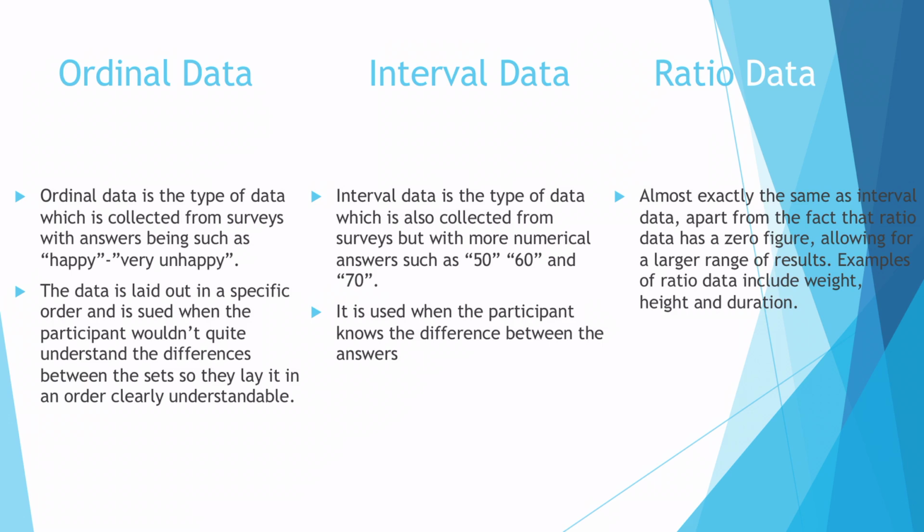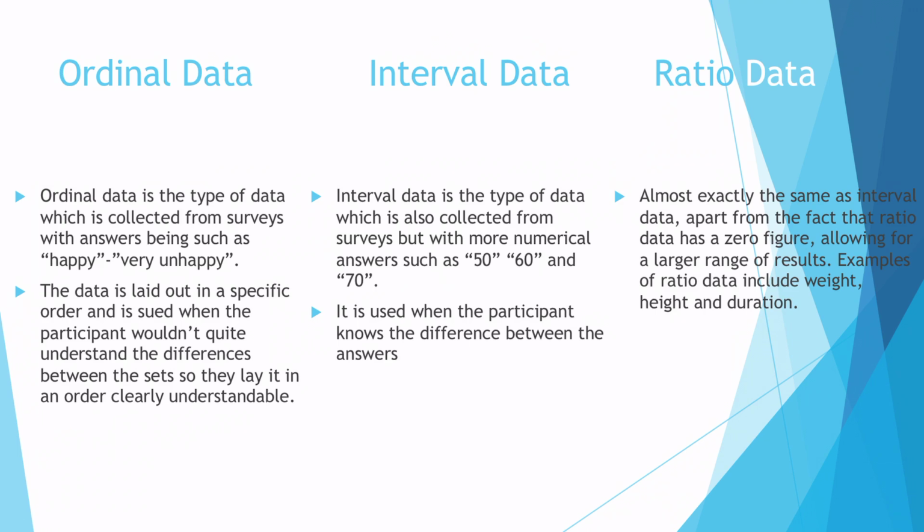In contrast, interval data is a type of data which is also collected from surveys, but with more numerical answers such as 50, 60 and 70. This could be when looking at temperature: 50 degrees, 60 degrees, 70 degrees. It is when the participant knows the difference between the answers, and it is still laid out in numerical order,